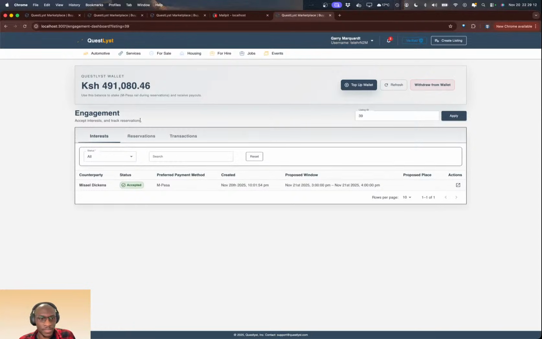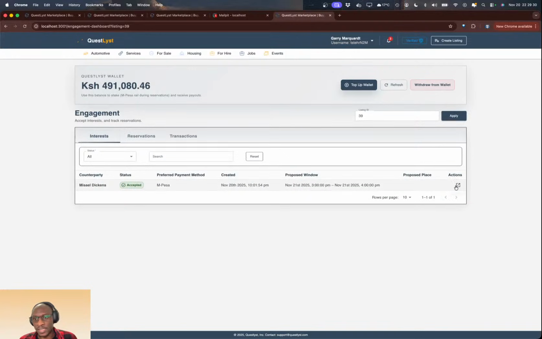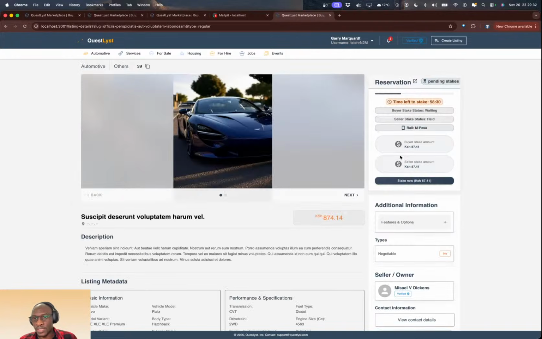Let me do a stake as well. So as a buyer, when the seller stakes, I'll see seller staked, the value is held. Now as a buyer, I need to also stake. That's why you'll see stake right here, or you can see it on the listing itself. So on the listing, you'll see the stake value,